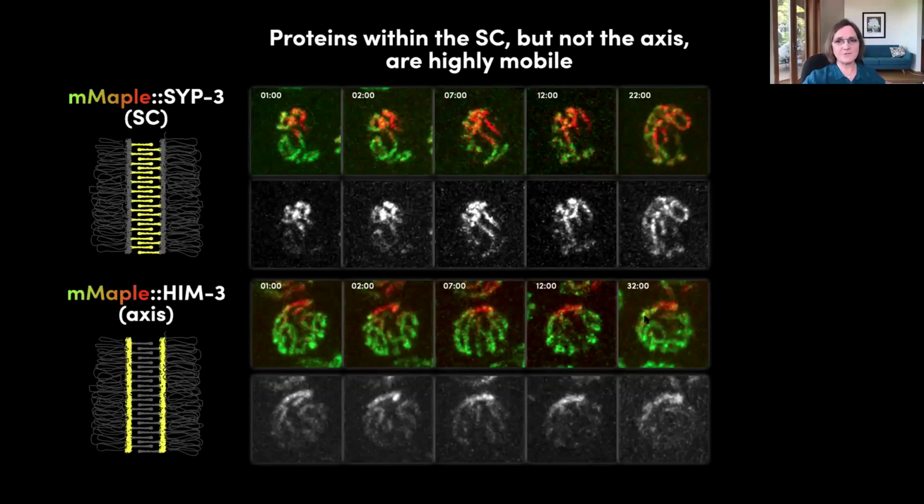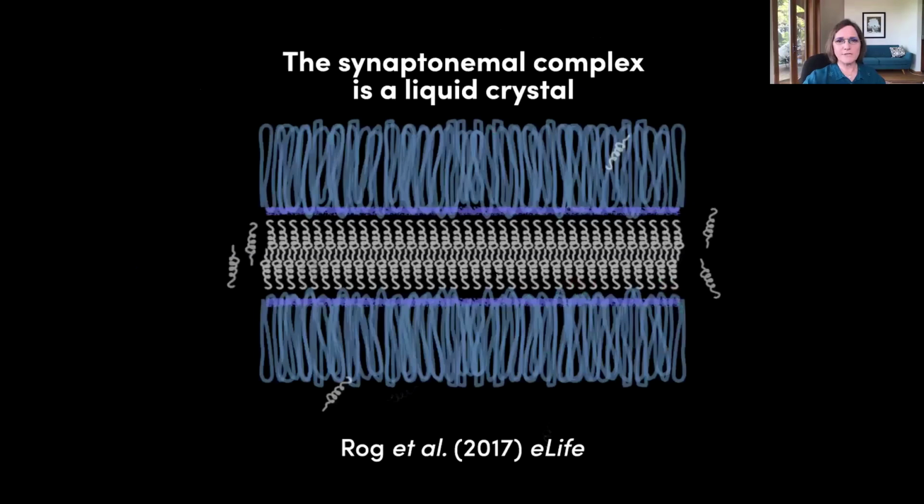Based on the observations that I've just shown you and others that I haven't had time to describe, we concluded and published that the synaptonemal complex is a biomolecular condensate, and specifically it's a liquid crystal. A liquid crystal is defined as a state of matter in which the composite molecules are free to move relative to each other, so that's the liquid part, but they have a defined organization. It can just be a preferred orientation, but in this case, they have a very specific order relative to each other and a structure that we can observe by a number of different microscopy techniques.